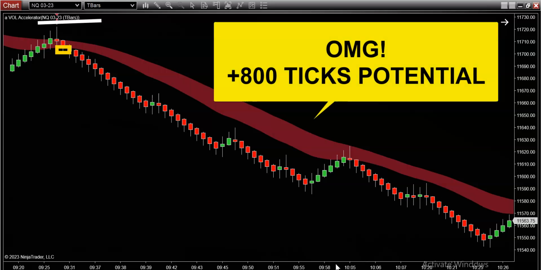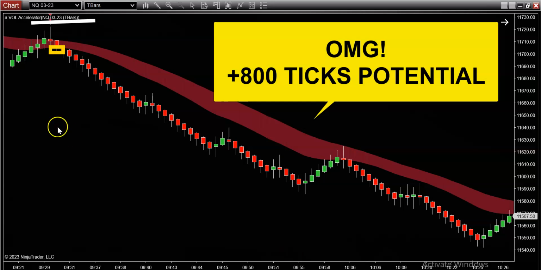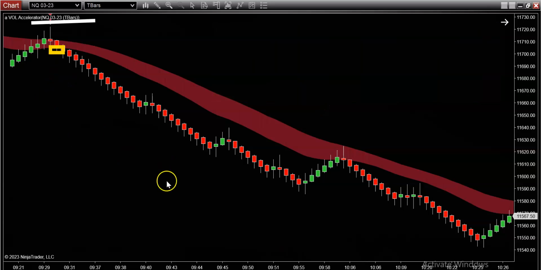All right, guys and gals. So are you convinced yet that this volume indicator is the real deal? Does it make sense to you? Is this not the most simplistic but most powerful trading system you've ever seen? Right? Now look, let's do simple math. I'm going to show you how to quantify these potential trades because, guys,